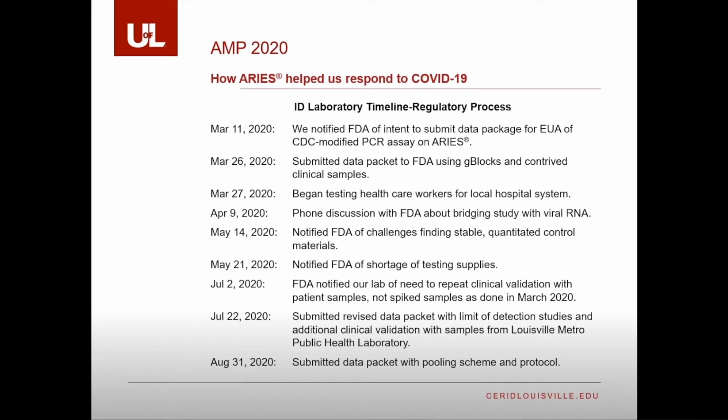After submitting our packet, we had a call back from the FDA on April 9th talking about a bridging study that we should do with viral RNA to replace the G-block data. As more and more samples were becoming available, they felt like this was a reasonable request. Around that same time, multiple laboratories were experiencing the lab supply chain issues. And so we let the FDA know that repeating some of this data was challenging because we were weekly dealing